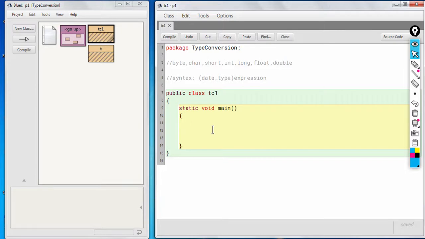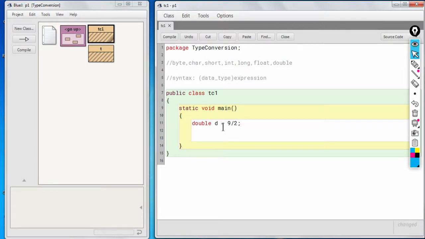Now let us see another example. Let's say I create a variable of type double, and I assign 9 by 2, okay, 9 divided by 2. So what do you think the value should be?